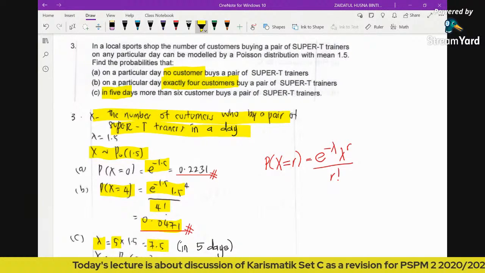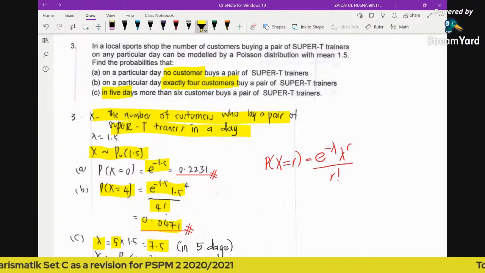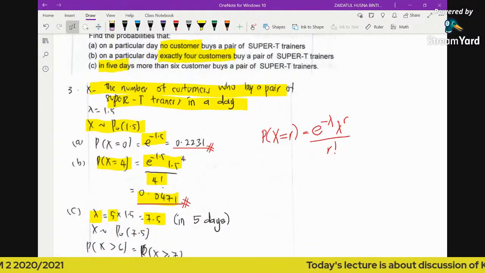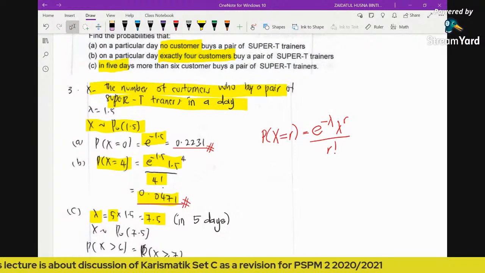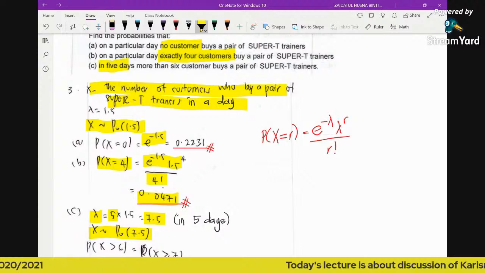So our random variable is no longer X. You can use any other letter, say Y, where Y is the number of customers in 5 days. You can see in this solution the random variable remains as X, but it doesn't really matter, as long as you know that the lambda has to be multiplied by 5. All right, so now you can see here that the lambda has been changed to 7.5,